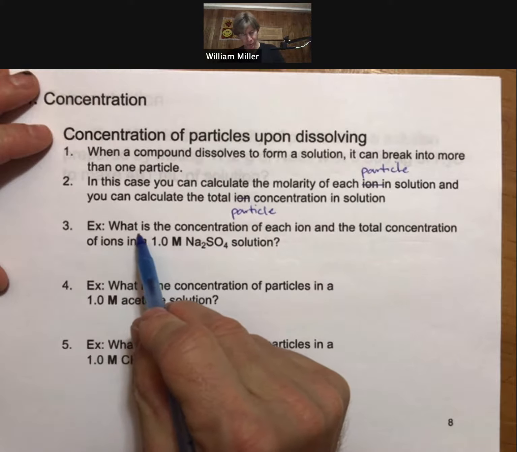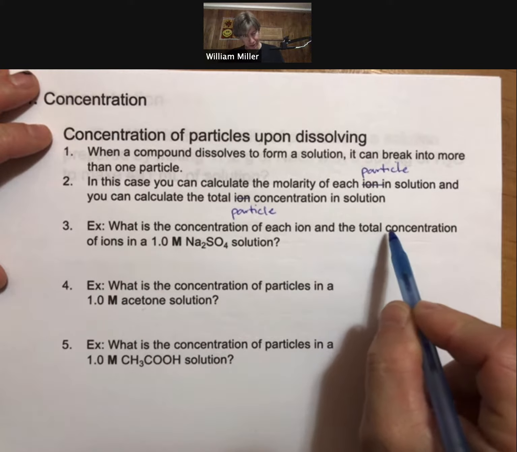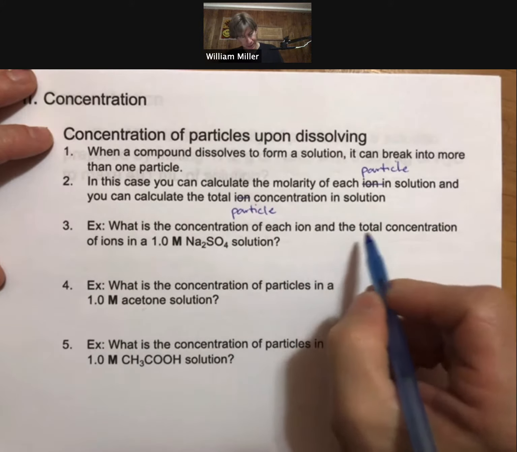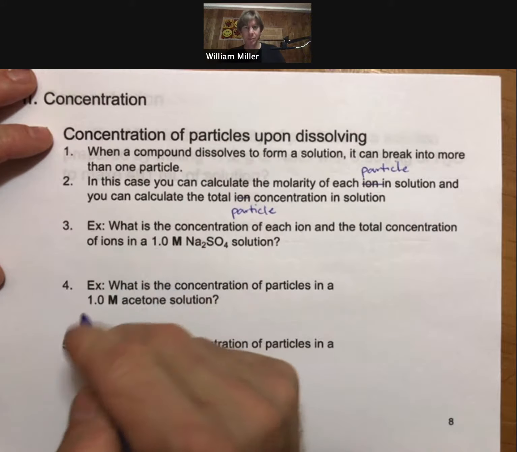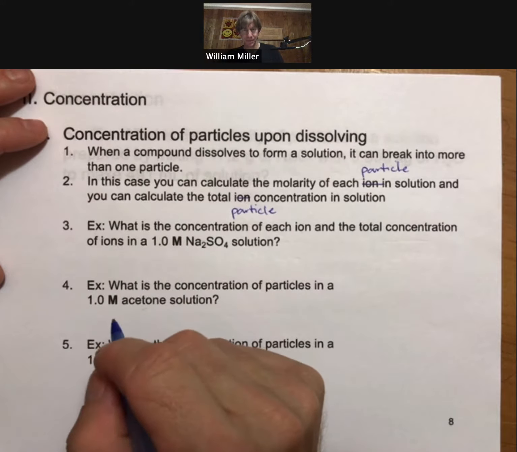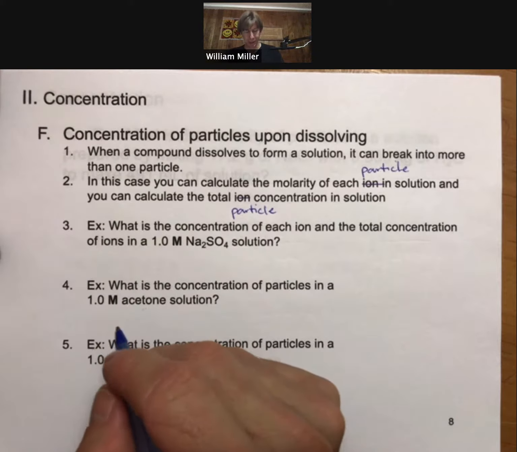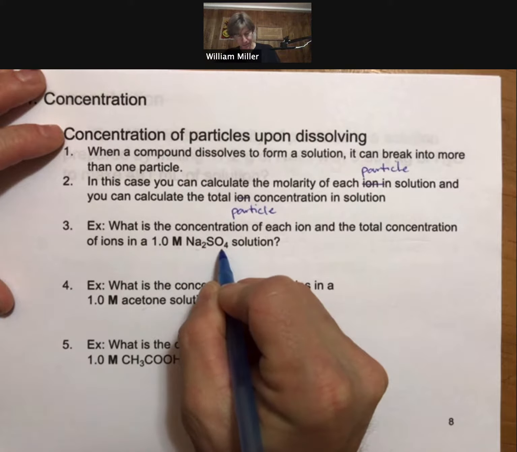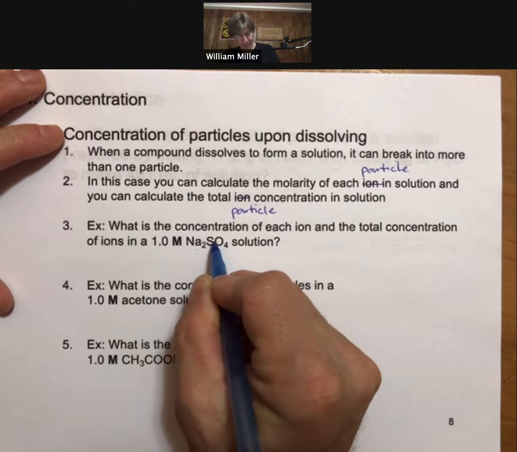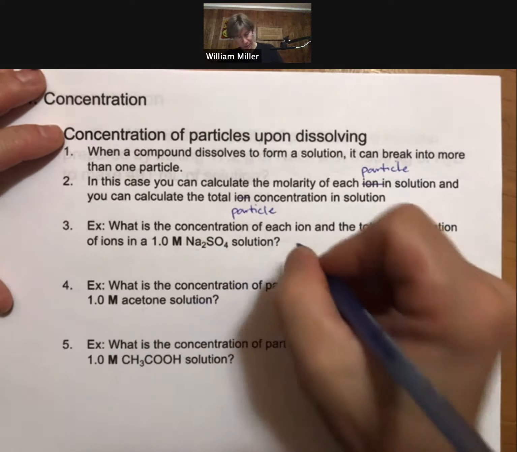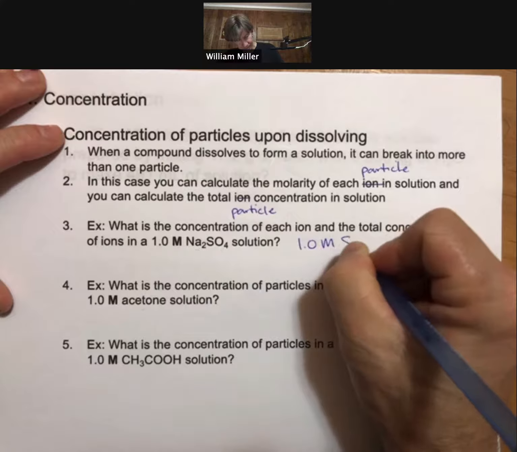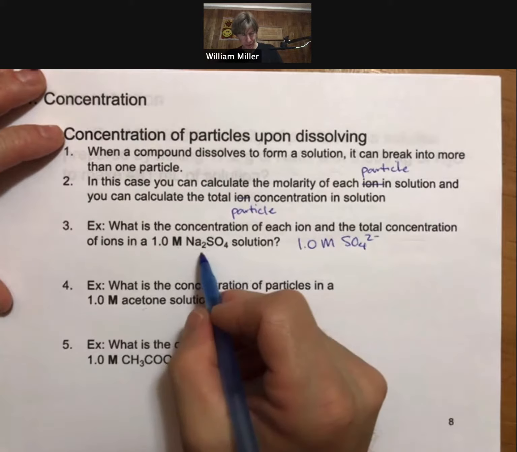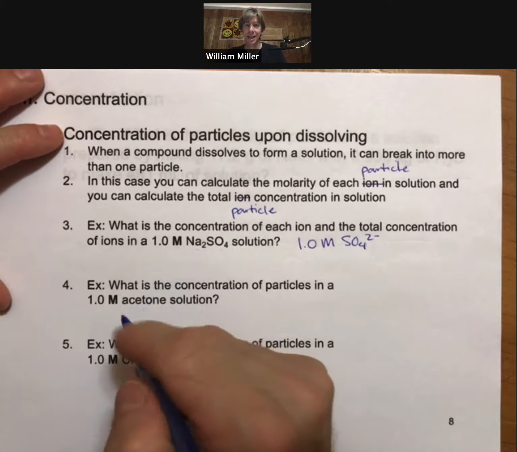For example, what is the concentration of each ion and the total? We can use ion here because these are ions, but we'll use particles down below. And the total concentration of ions in a 1.0 molar sodium sulfate solution. Again, this is review, but useful for what's coming up. If it's 1.0 molar sodium sulfate, there's one sulfate, so the concentration of sulfate ions in here will be 1.0 molar sulfate. We know there are two sodiums, so you get twice as high a concentration